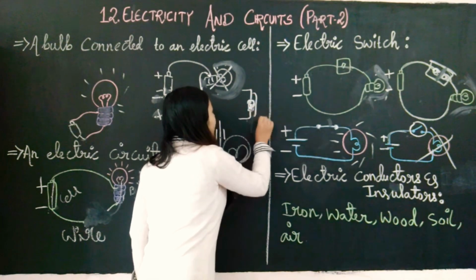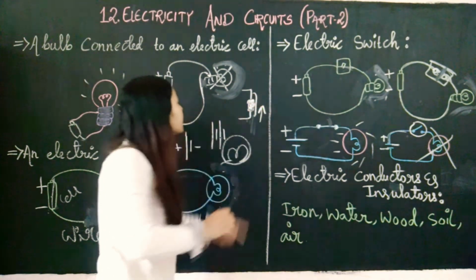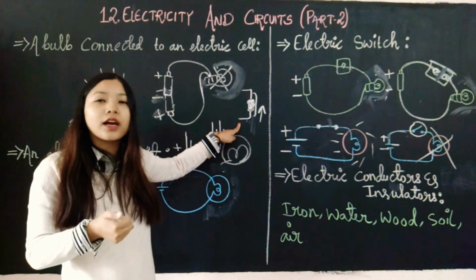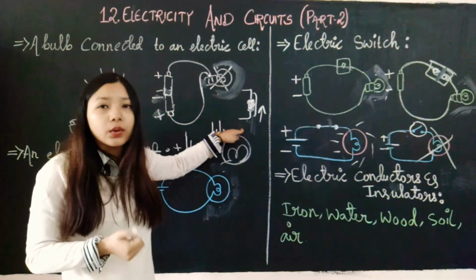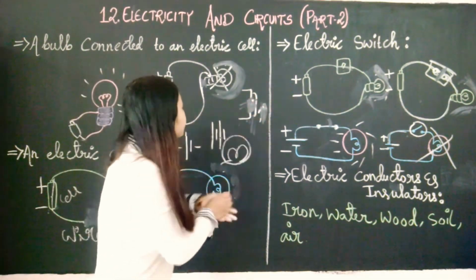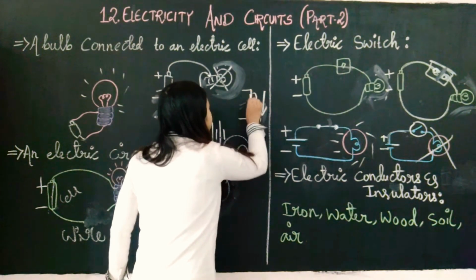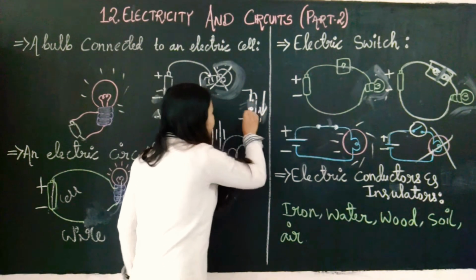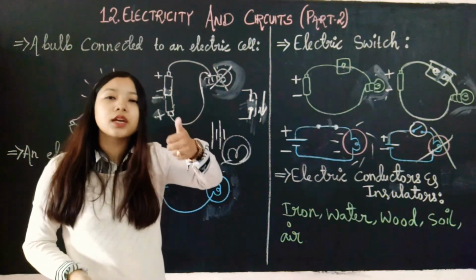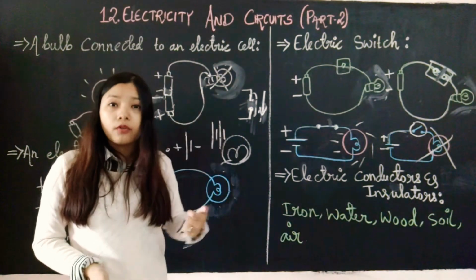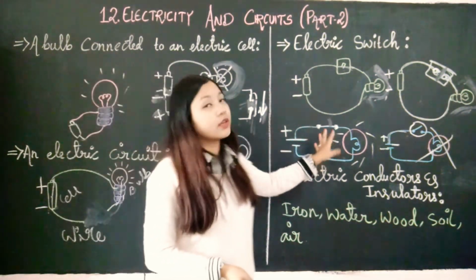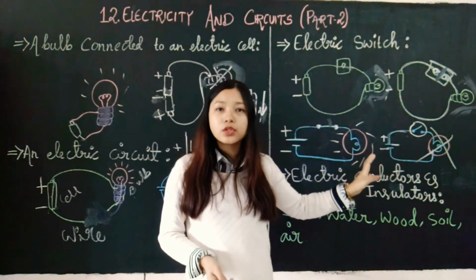Here it will slide up and get attached to here, and the circuit will be closed and our torch light or flashlight will glow. If we slide it down, then this will come downwards, and now when it slides back, here we have this opening and the switch will be off. The flashlight will not glow now. So this is how an electric switch works. I hope you have understood.